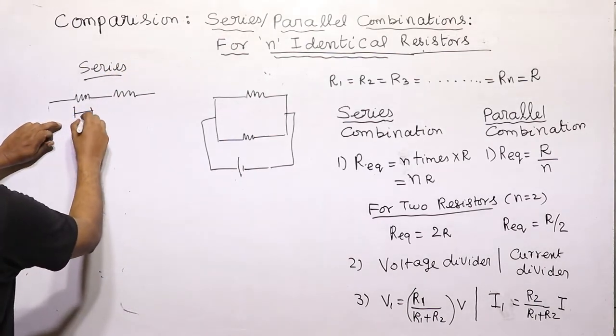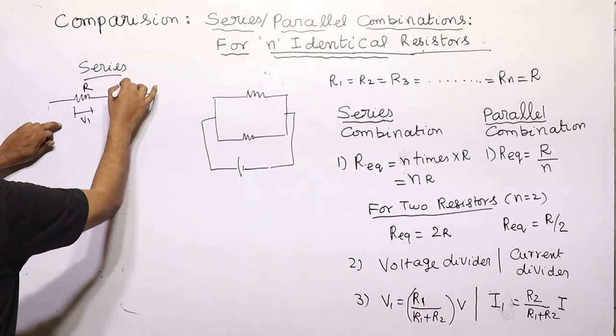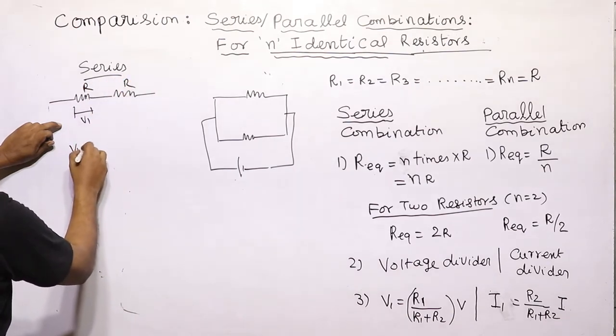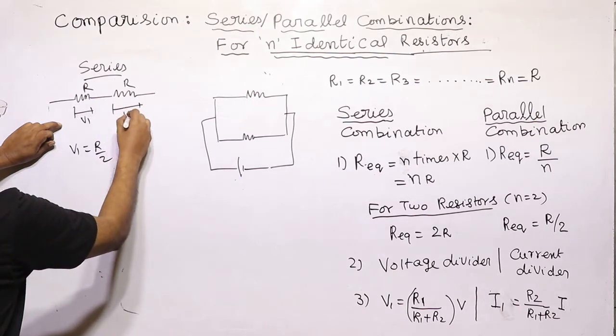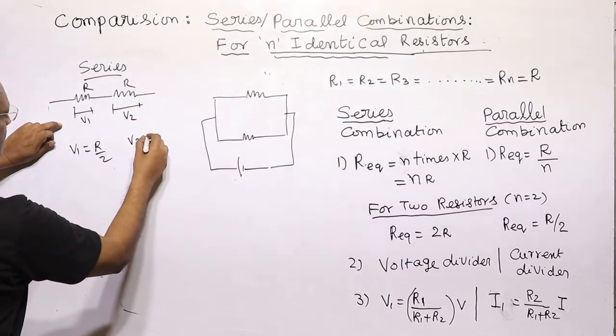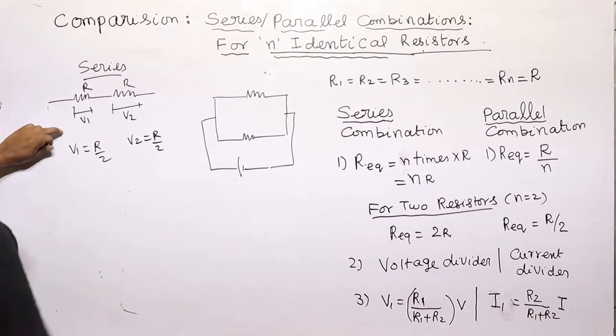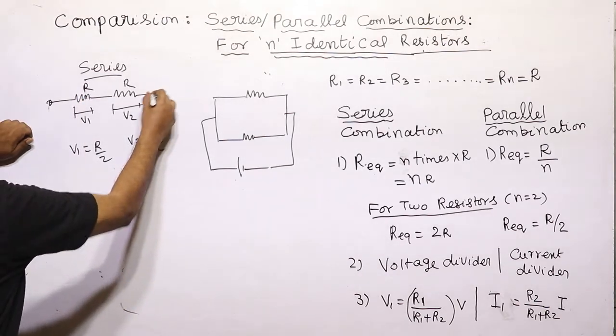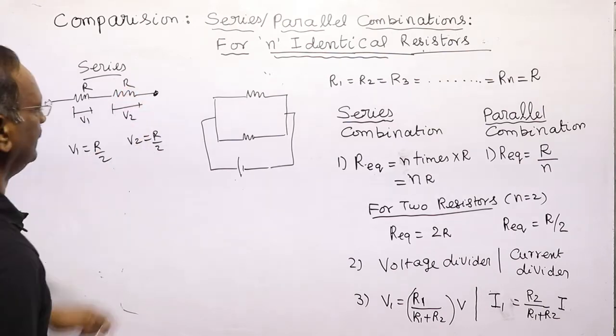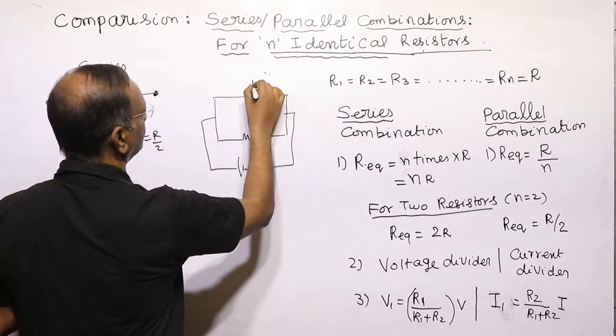The applied voltage is V. This is R, this is R. V1 is equal to V by 2 and V2 is equal to V by 2. Voltage is divided in case of a series circuit, where this is the applied voltage. In case of parallel,